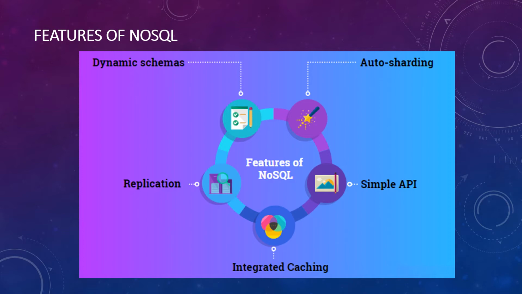Lastly, there are no or very few relationships present in NoSQL databases, as you do not have a predefined schema, but you do have a dynamic schema in which we can put all the required information in a collection. When you have a dynamic schema and you have the option of putting all the required information in a single collection, and the connection can differ in the same schema itself, you actually do not need any relationship to be present, right? So students, NoSQL does not have or has very few relationships.